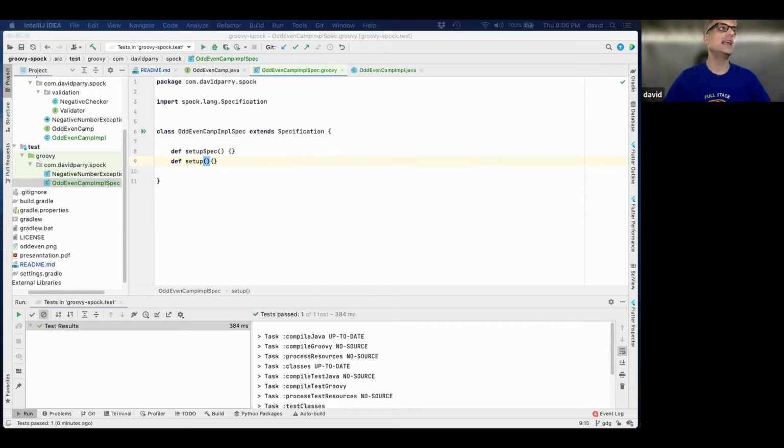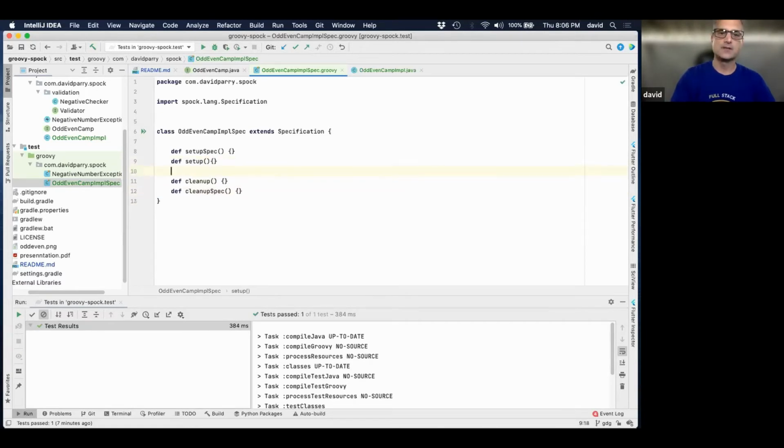Right now we're going to leave them blank, and then we'll see those run down the road. And for the sake of time, I'm just going to add the cleanup. There's cleanup that can be done on every execution, and then cleanup can be done at the end of the specification. Think of if you're setting up something even a little bit more advanced than just what I would consider a unit test, but you need to set up and run up some mock database or something else like that.